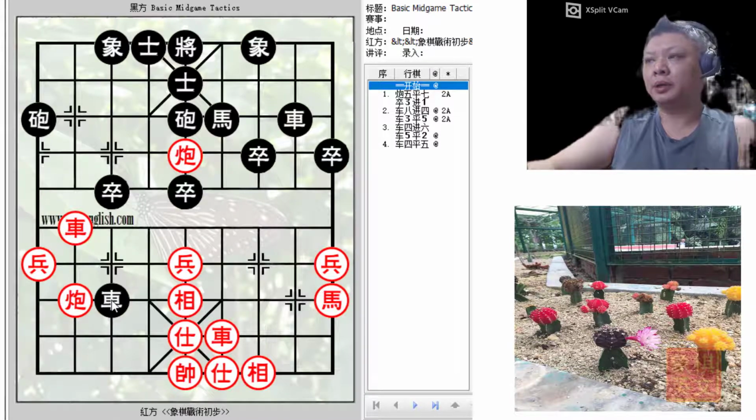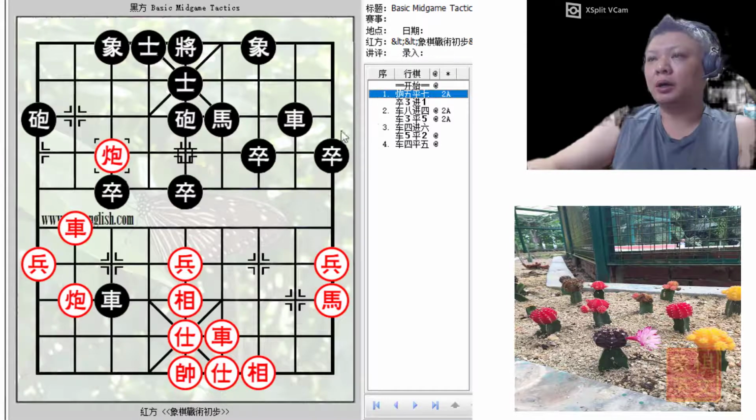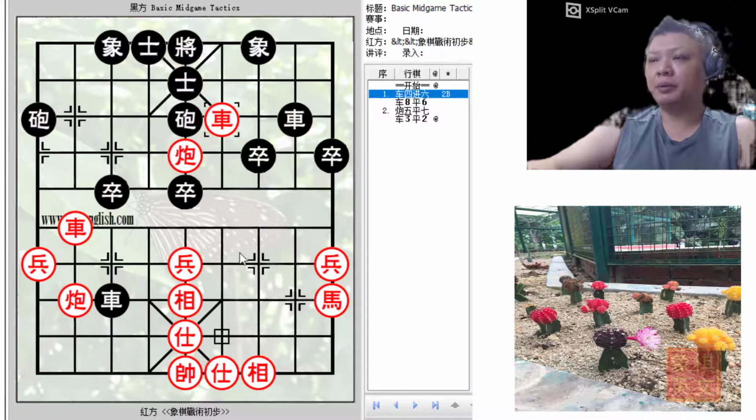And at this point in time, it would be red's turn to move. How should red react? Now, in the book, there were 2 moves that were discussed. R5, C5 equals to 7, which is the main line. Now, it would not be a good idea for black to try to sacrifice material with R4 plus 6, because